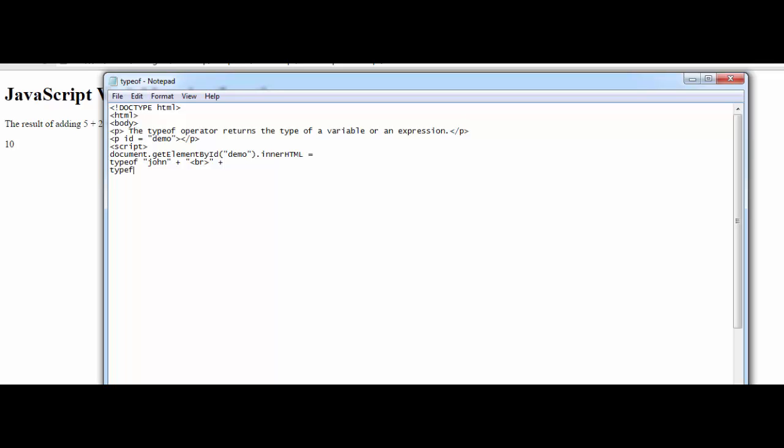Typeof is going to give you back the kind of variable you're asking for. Okay, typeof